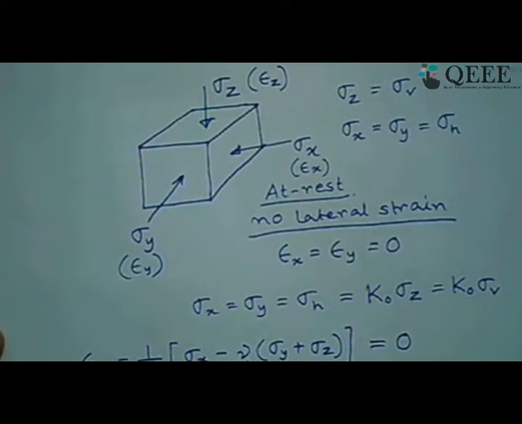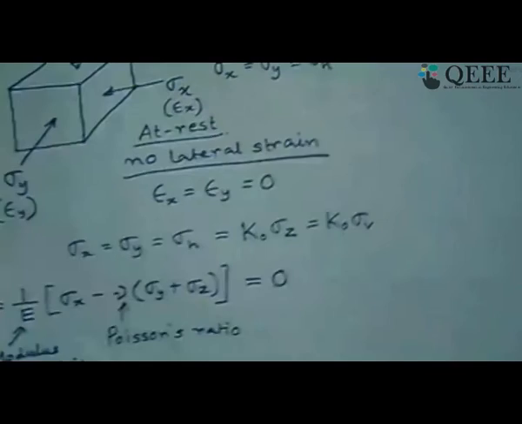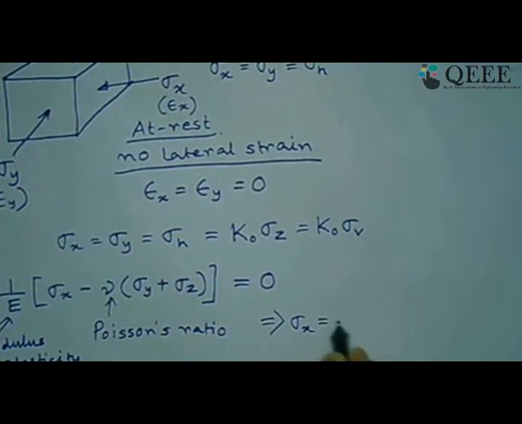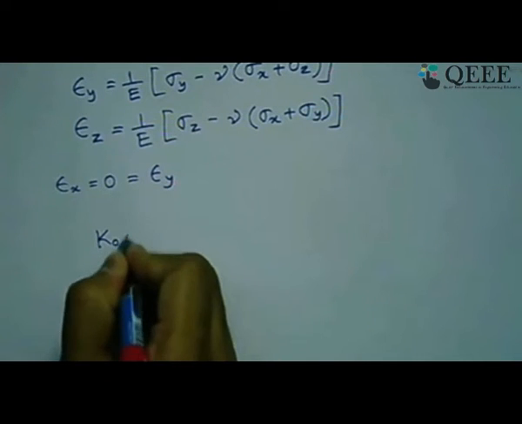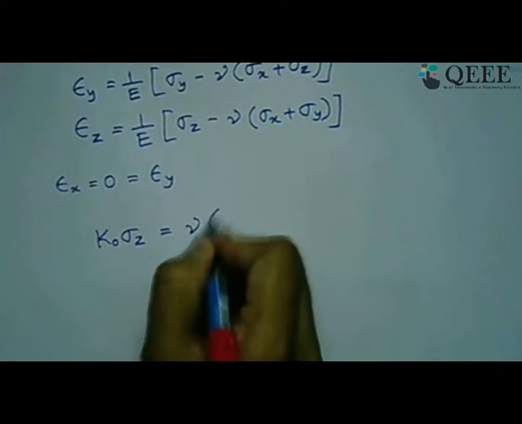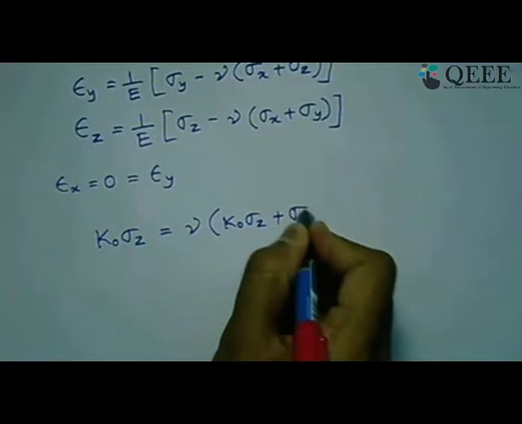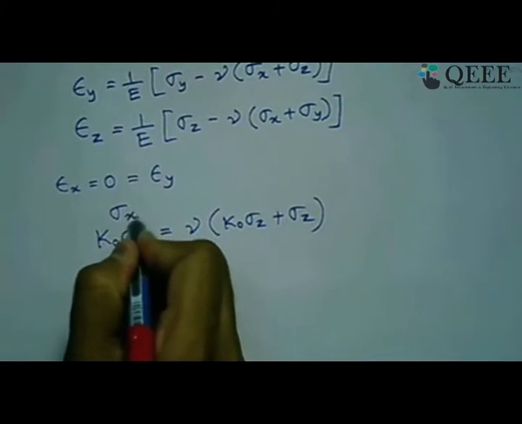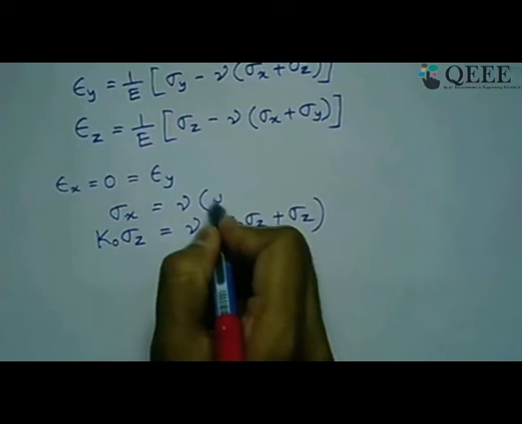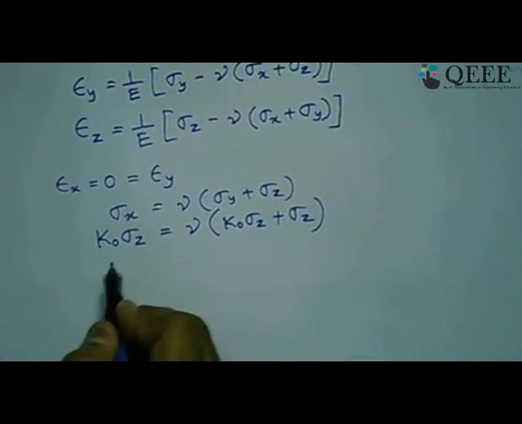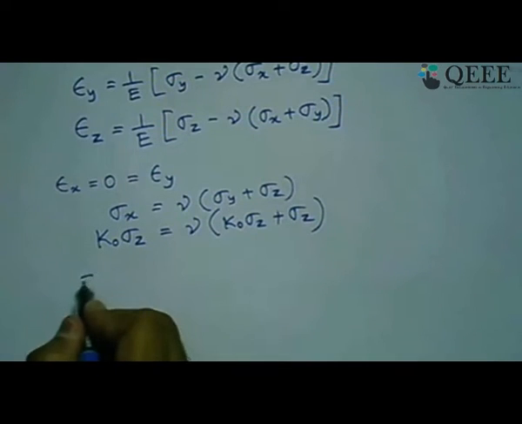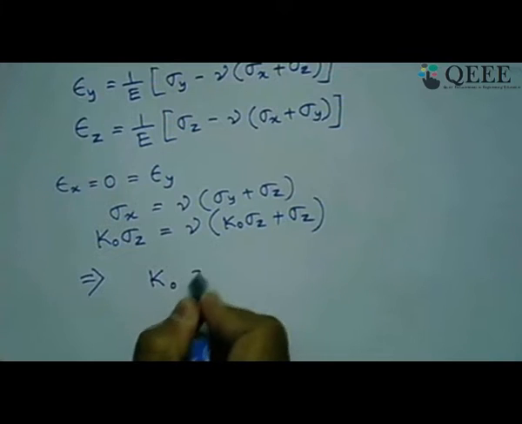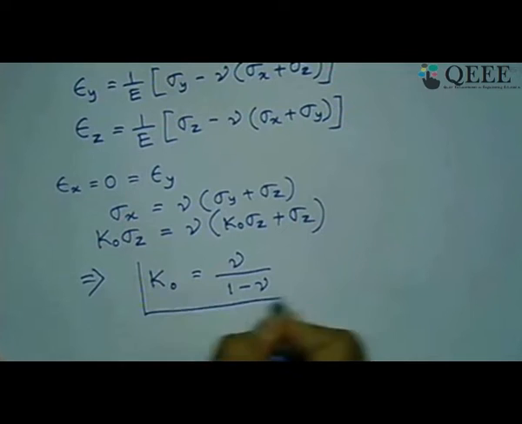You get sigma x equals mu times sigma y plus sigma z. So I can write here that sigma x equals mu times sigma y plus sigma z, right? Now if I use that further, K naught times sigma z equals mu times K naught sigma z plus sigma z. How can we write this from the previous equation? Sigma x equals mu times sigma y plus sigma z, because we know sigma x is nothing but K naught times sigma z, and sigma y is also nothing but K naught times sigma z. So if we simplify this further, K naught is given by mu by 1 minus mu. So this is the derivation of